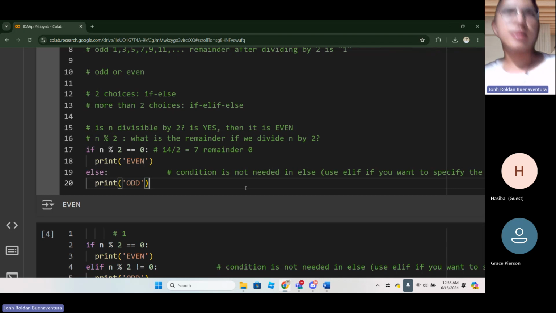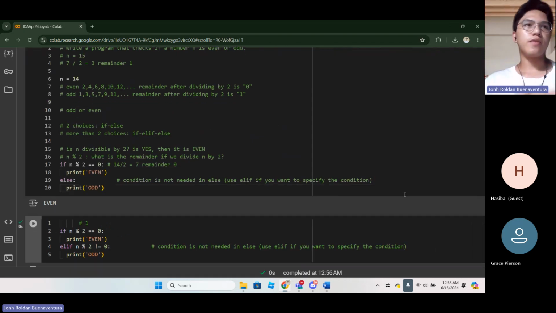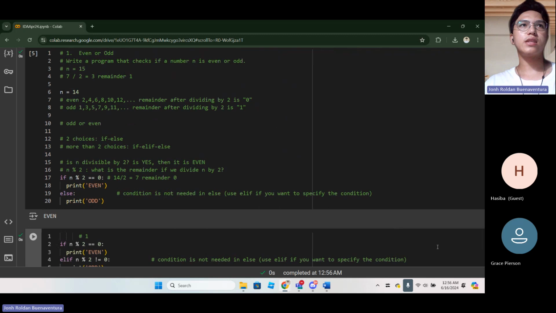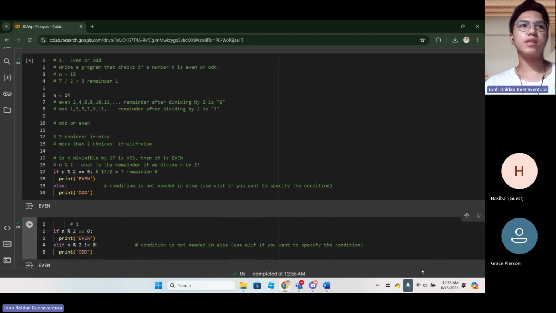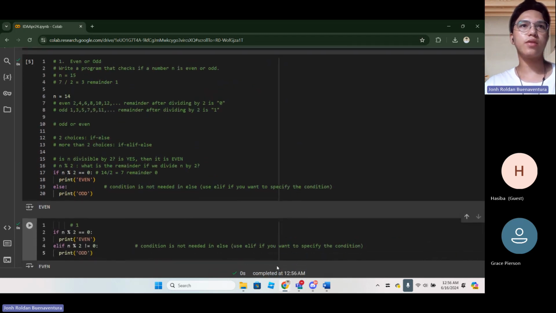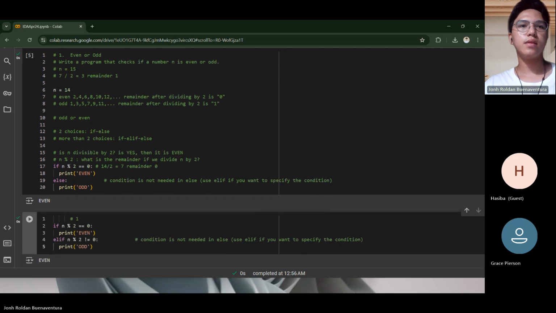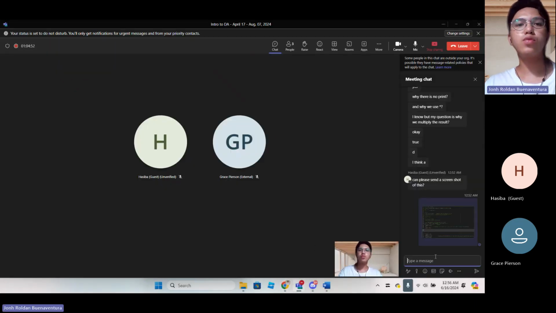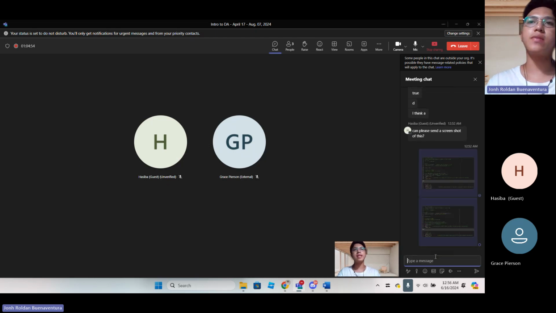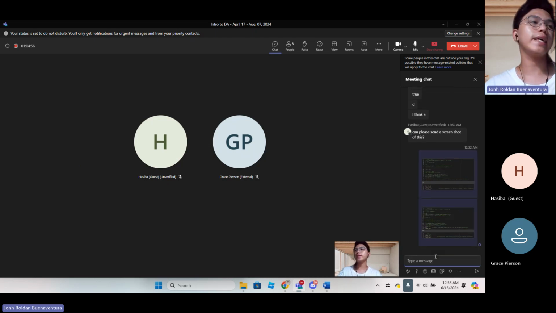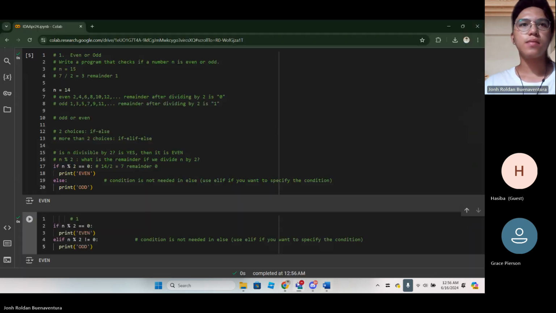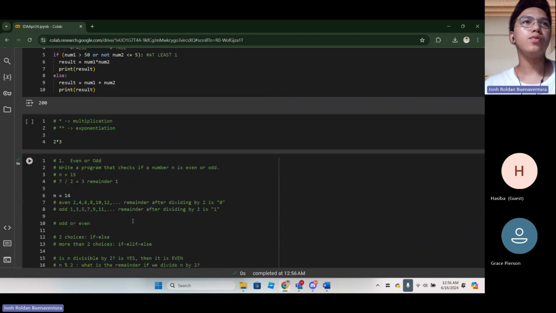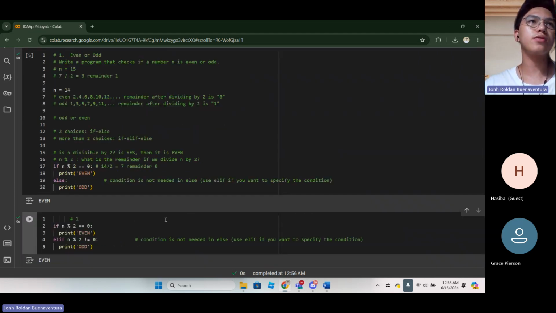So I think that's it for the explanation of that part. I will screenshot this also because this is another version of the code. So we tested it using two numbers, using 14 and 15. One is 14, one is 15. Okay? So take your time to digest the structure of the code.